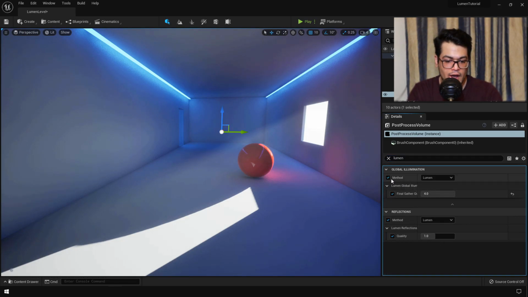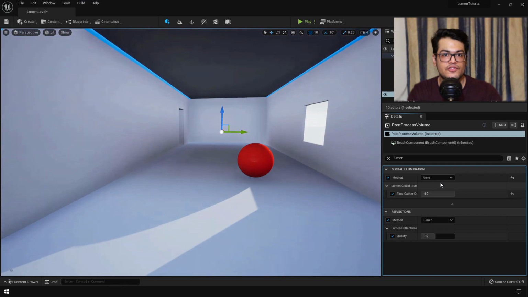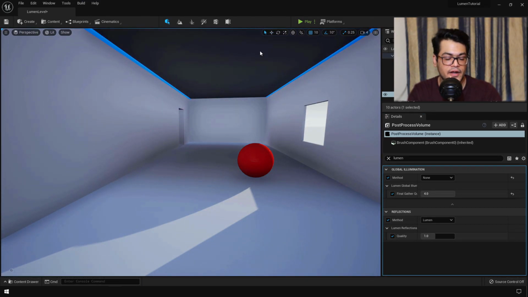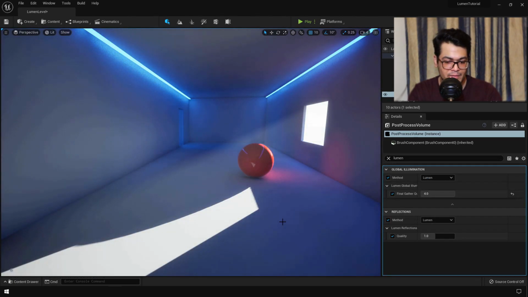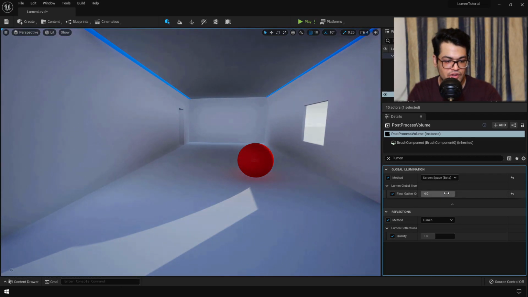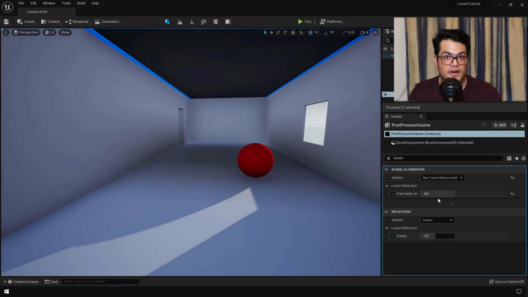Let me just show you what happens when we change the global illumination mode. This is global illumination completely off. So this is basically 100% direct lighting. Light is being bounced only once. We don't have any indirect lighting. And let me change this to Lumen. Now light is being bounced a lot of times and we are getting that bounced lighting. Next, screen space global illumination. As you can see, this looks very bad. So Lumen is the best option we have right now, and this is pretty cool, pretty easy to implement.